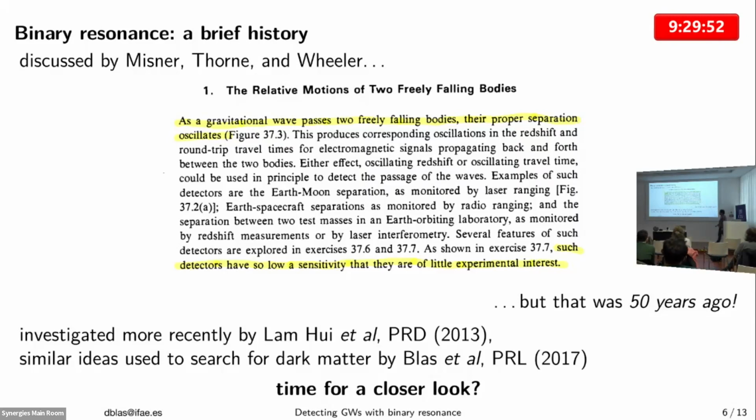That was 50 years ago. It was rescued by Lamb and collaborators 8 years ago, where they did the calculation for a stochastic background and pulsars, assuming also a flat background. The paper is quite nice. It's not complete to the level that we are going to discuss here, but they got a pessimistic result because they only considered flat backgrounds, and when you consider flat backgrounds, it's very hard to beat PTA or LIGO. So you really need to go to something which has a peak.